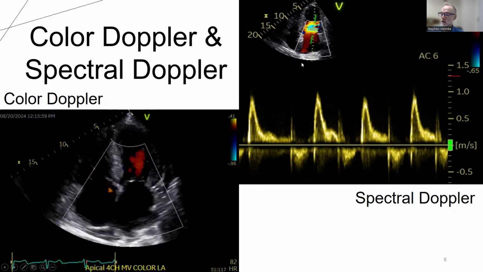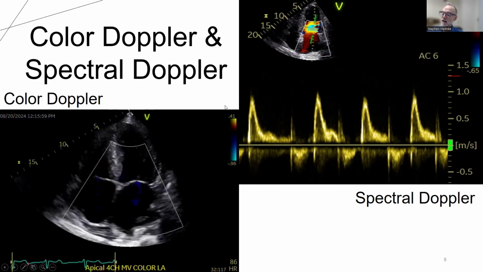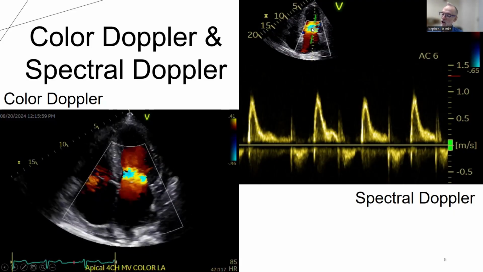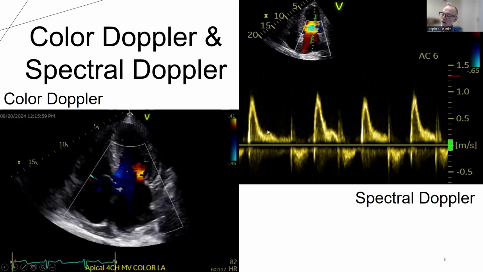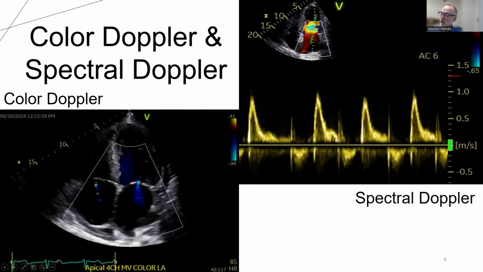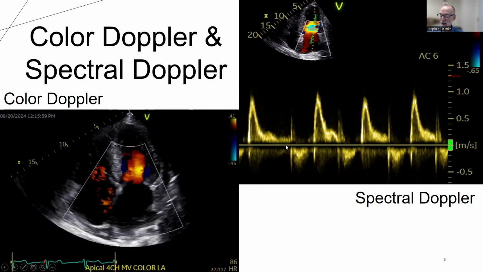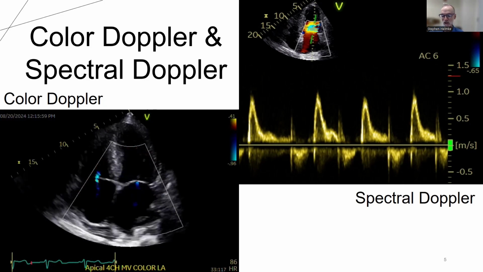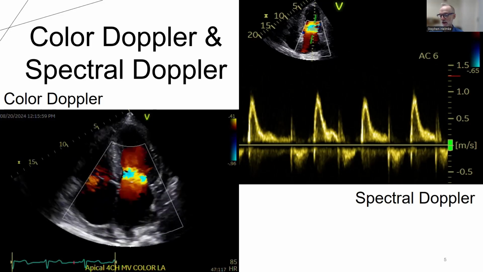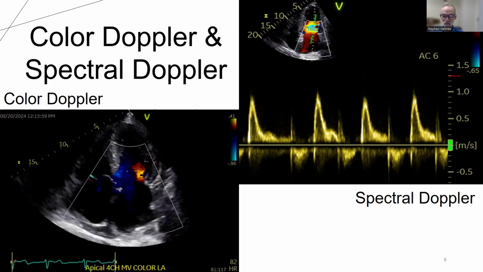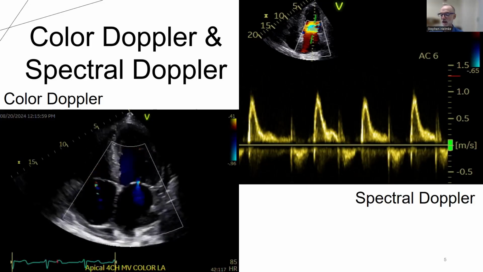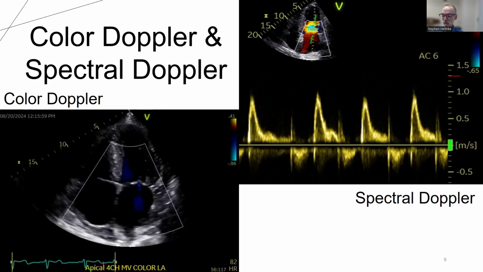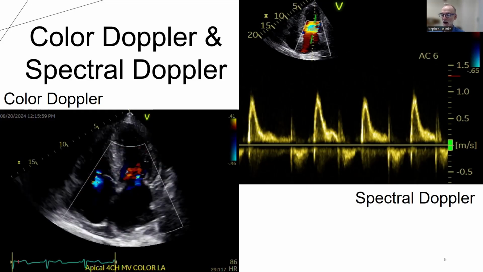And notice over here on the right, whenever I put my probe right on this plume of flow, it makes a graph down below, and I'm able to see how fast that blood is moving, the pattern of flow, and the timing. All of those are used in the interpretation of the echocardiogram. So we've seen structures, images created by sound waves. Now these are patterns of flow, both in color and in a graph. And another kind of graph we show,